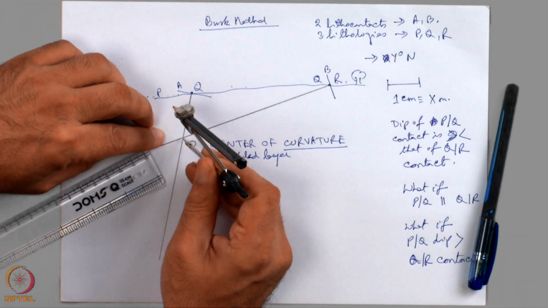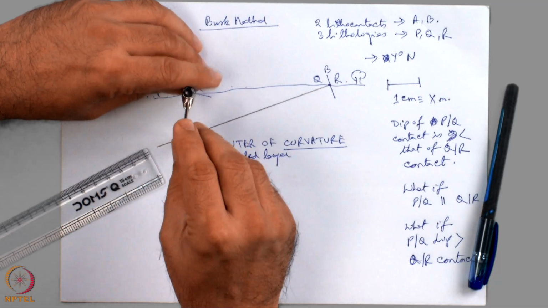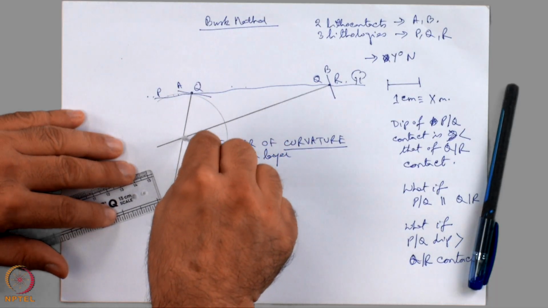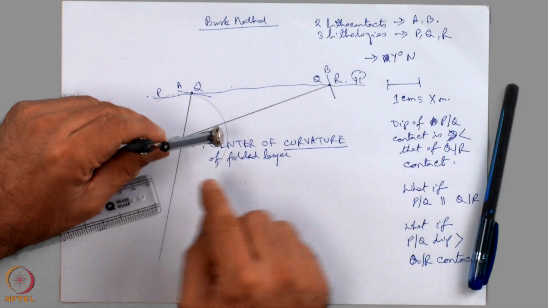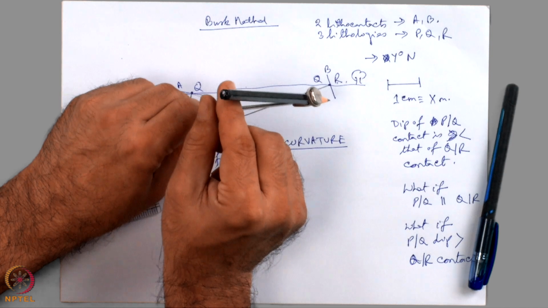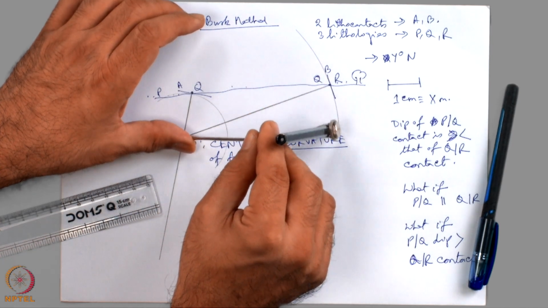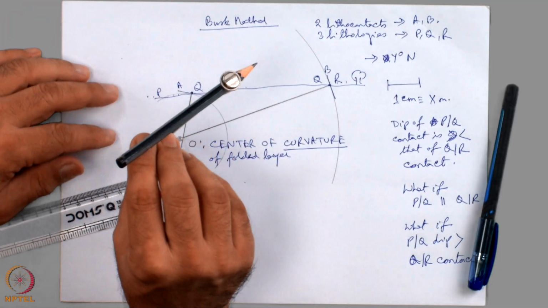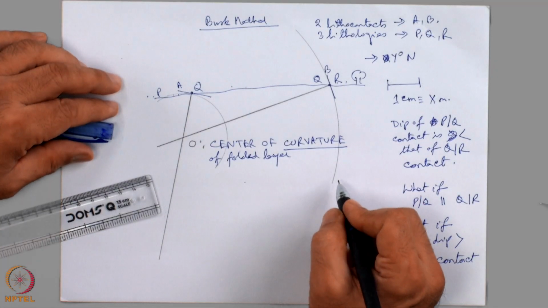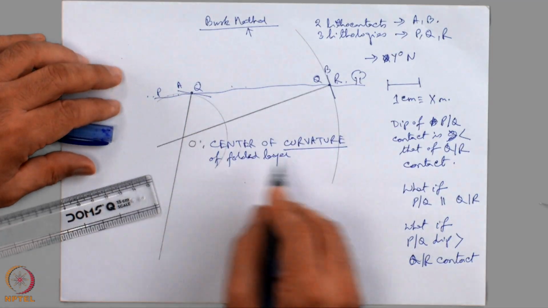Next, take the compass, put the needle at point O, take the radius same as this much distance and draw a circular arc. Next, taking O as the center, take this distance as the radius and draw a circular arc. In this way, the folded layer has been extrapolated based on the Busk method, but this is not the only